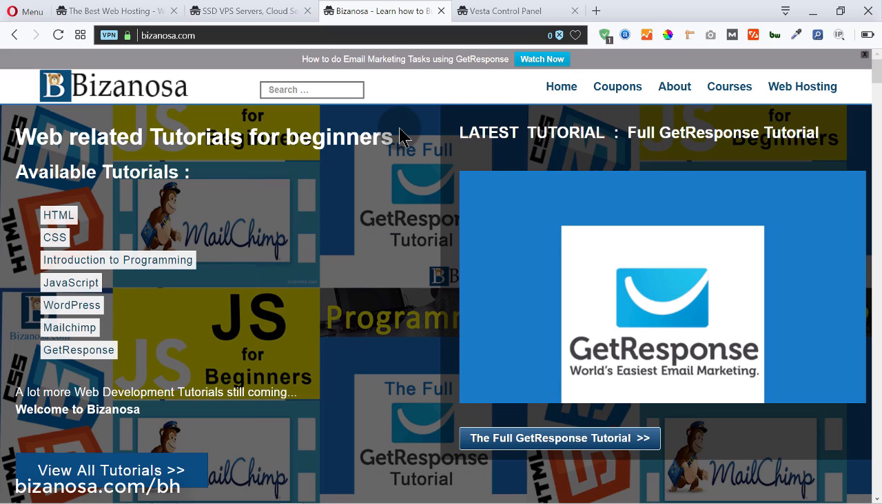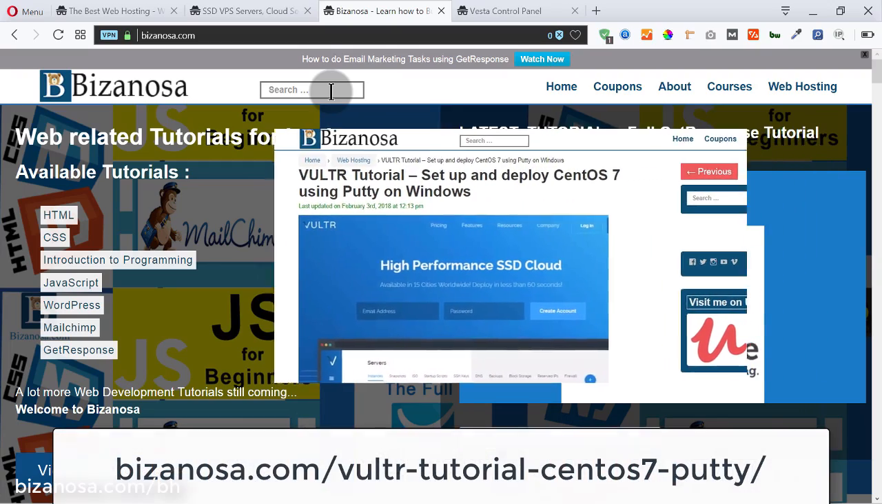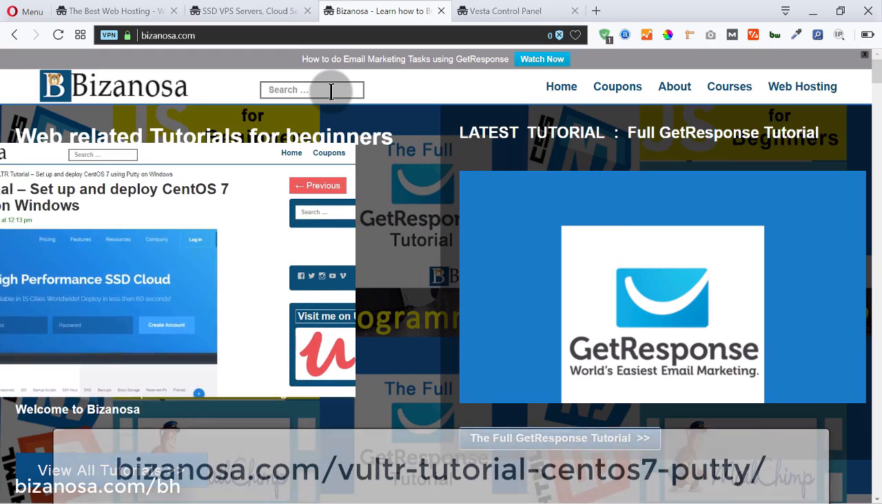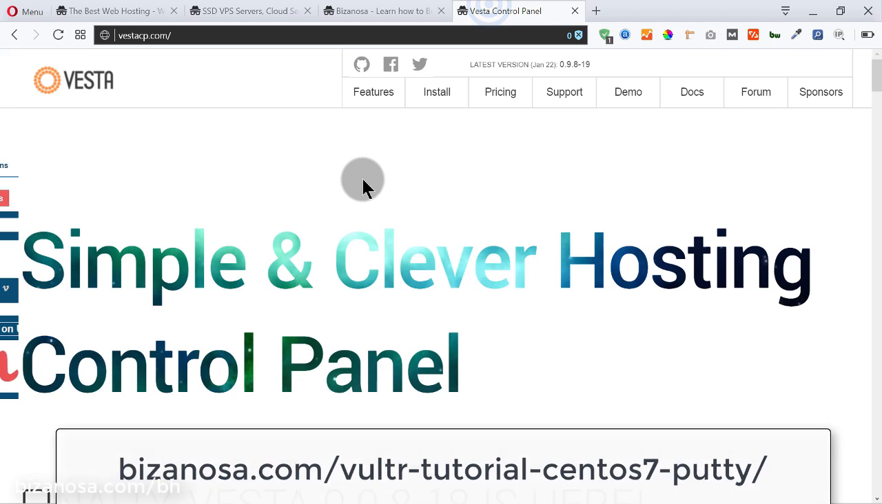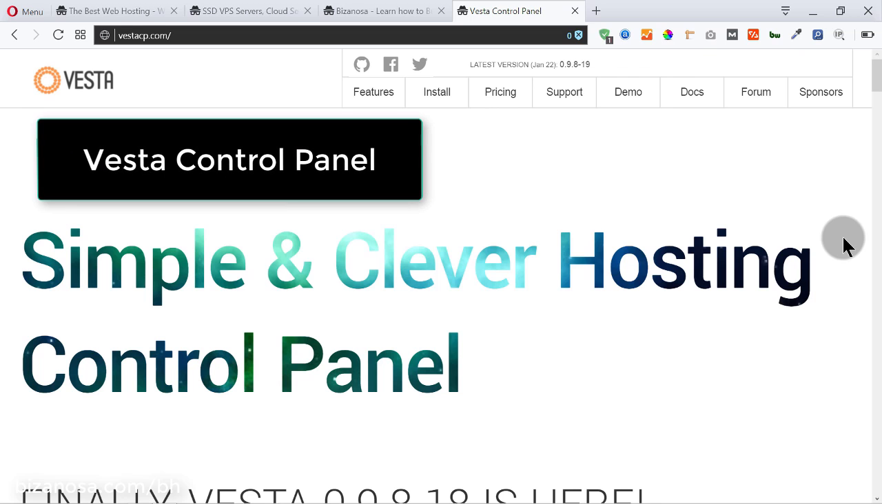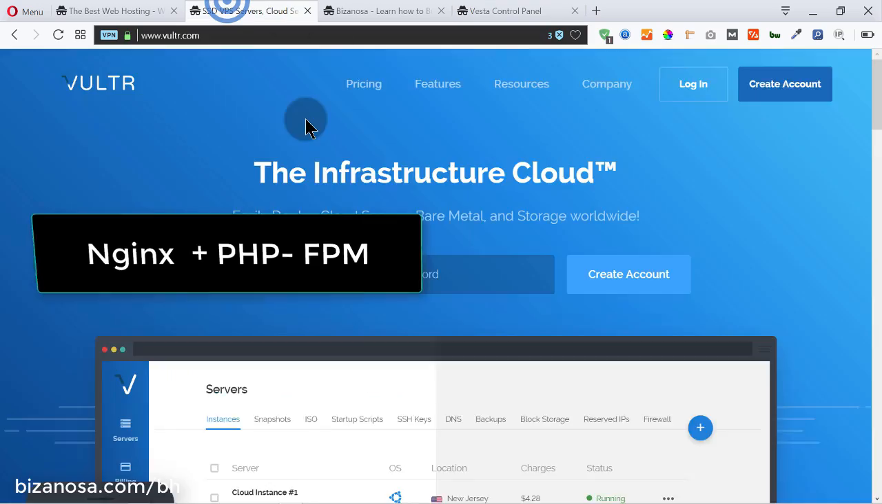In fact, there are a bunch of tutorials about how you can do this, but I do have a tutorial about Vultr, and you can use that to follow along and then create your server and install your server on Vultr, and as soon as you install your server on Vultr, then you'll come here. If you want to run your website on a VPS, WordPress in particular, the keywords are Vesta Control Panel and Nginx and PHP FPM. So if you're going to use Vultr,